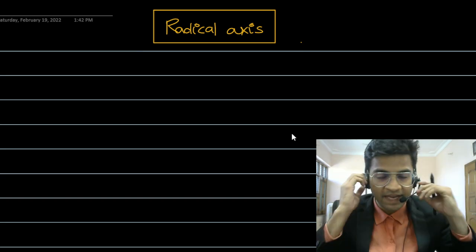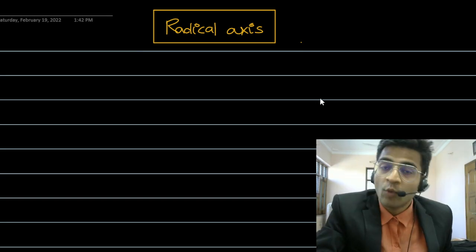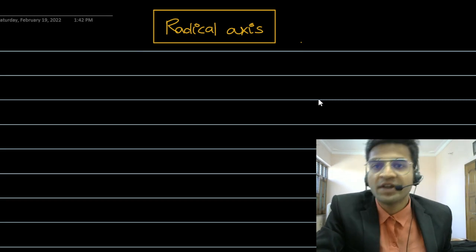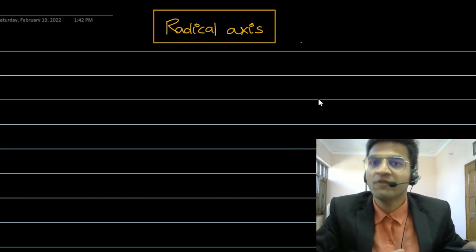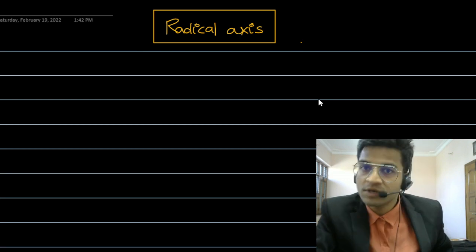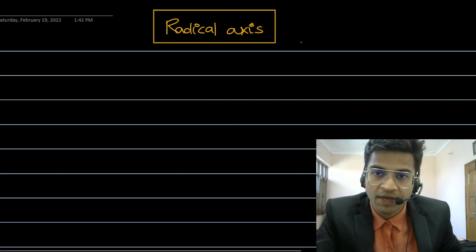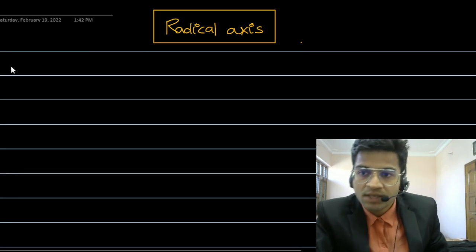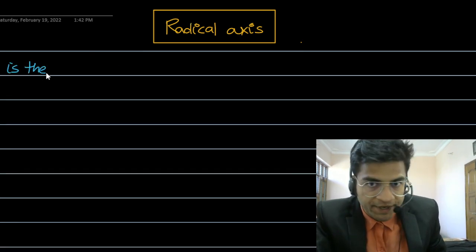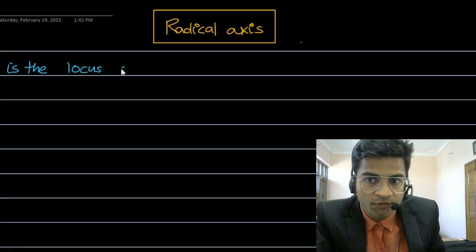Hello everyone. In this session we are going to discuss what is radical axis and the significance of radical axis in different possible cases of circles. So first of all, let us understand what is the meaning of radical axis. Radical axis is the locus of a point